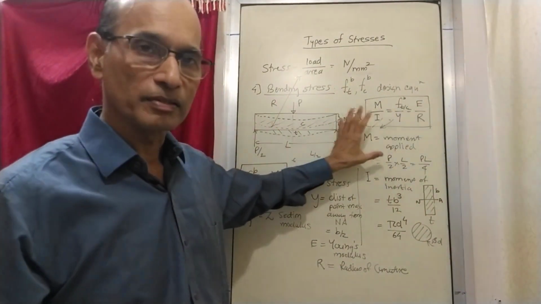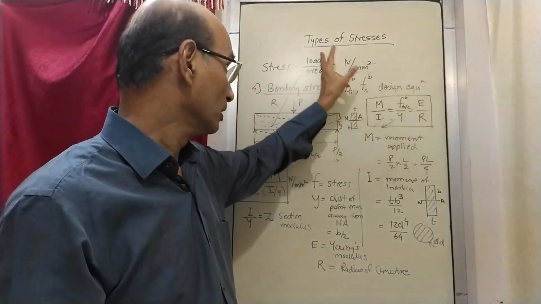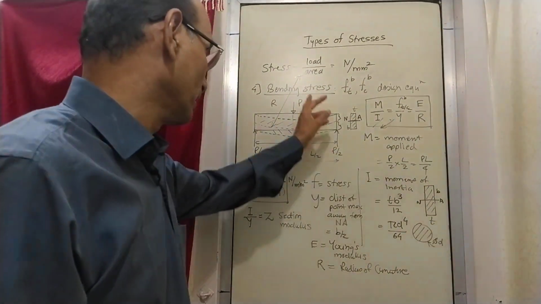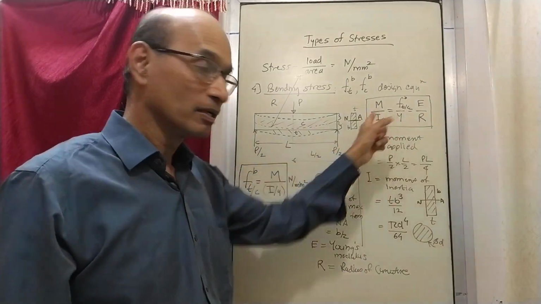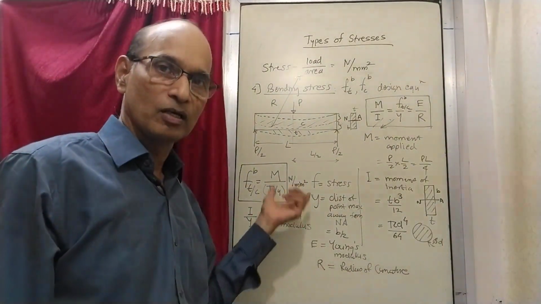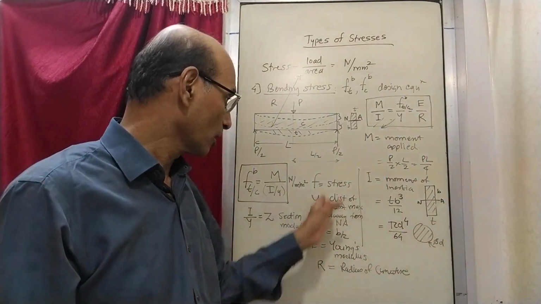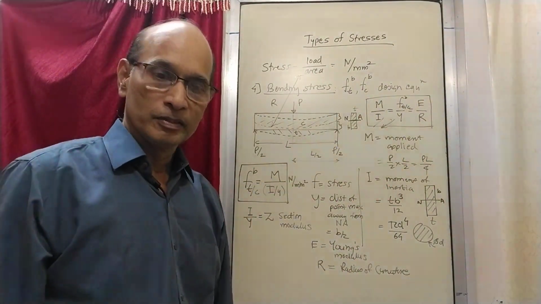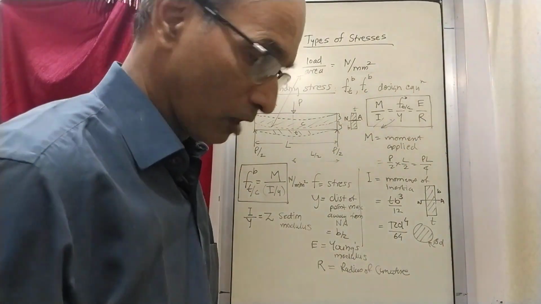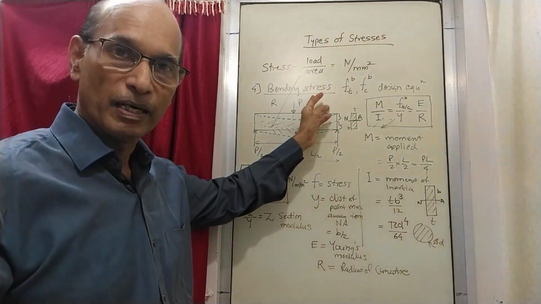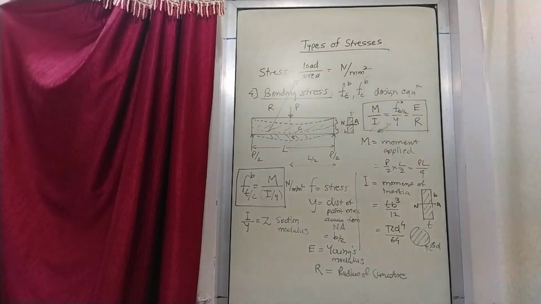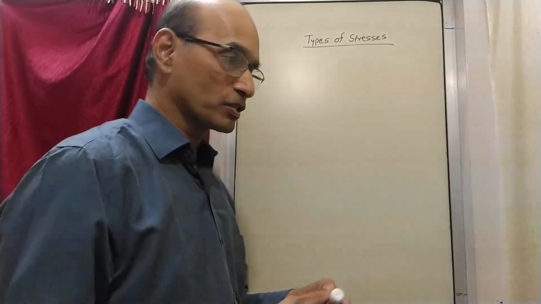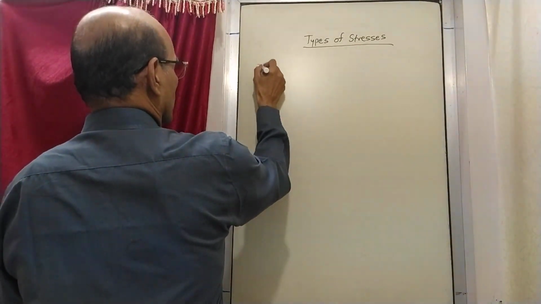So I am just bringing some of the concepts from there and writing them down here under the topic types of stresses. So we are talking about bending stresses. This is called as bending stress. This is the formula which is containing bending stress, and then this becomes the formula purely for bending stress. Two types, tensile and compressive, and they are all the different terms that are used over here. Okay. Now let's go to the next. This was number 4, bending stress. Now we'll take one more stress. So now the next stress, number 5, that is torsional stress.